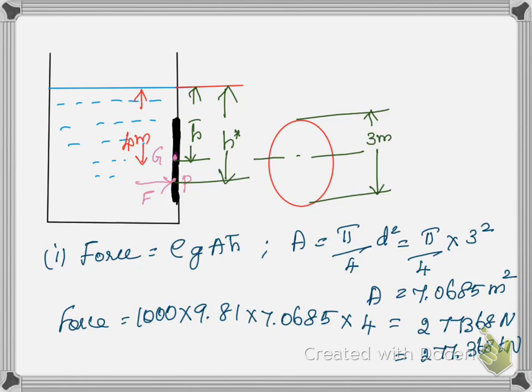The second part is that we have to find the torque, that is the force that is required to cause the rotation. So we have to find the torque required to maintain the disc in equilibrium. In order to know that, we have to calculate the point of application of the force acting on the disc. That is, we have to determine the center of pressure of force. Only after determining the center of pressure can we determine our moment or torque. The formula for center of pressure is h star equals Ig by A h bar plus h bar.